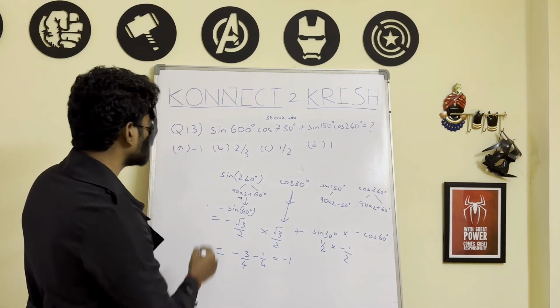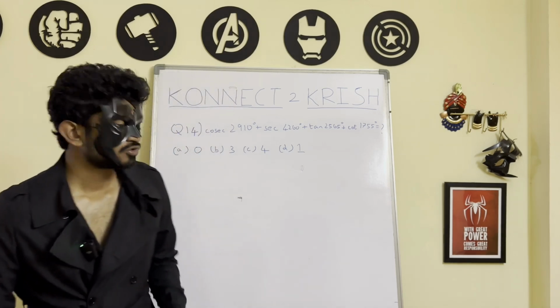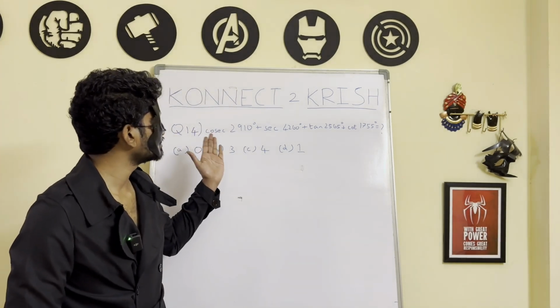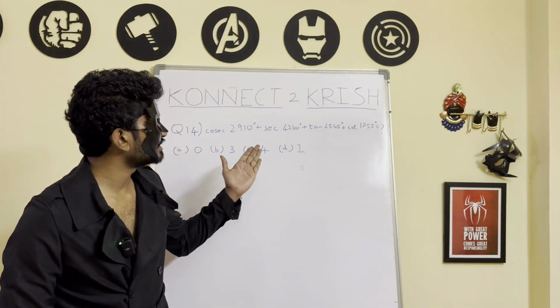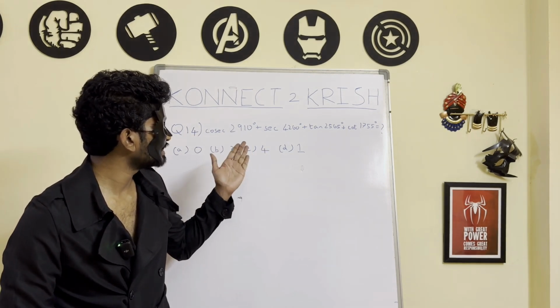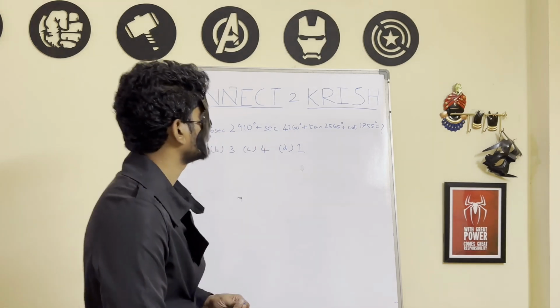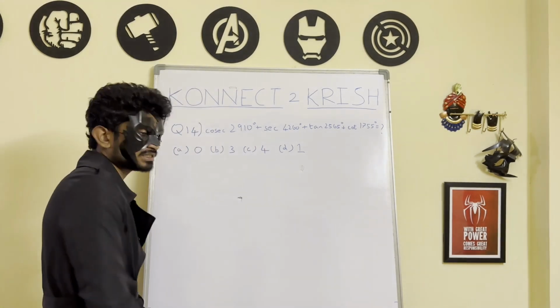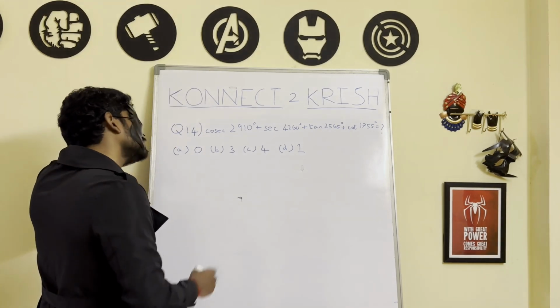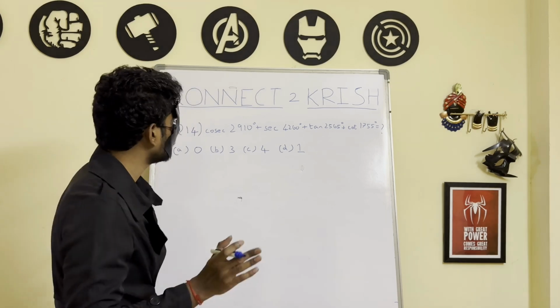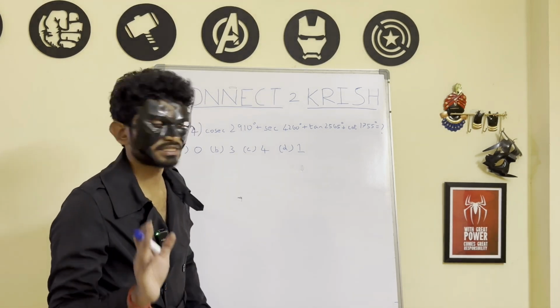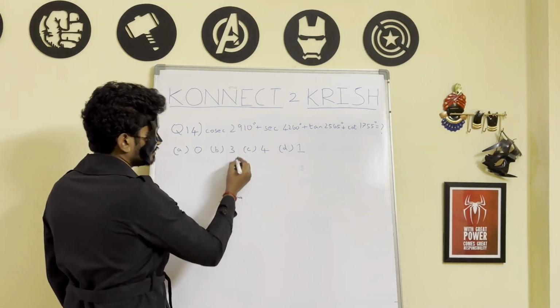So answer A is right. Superhumans, next question is cosecant 2910 degrees plus secant 4260 degrees plus tan 2565 degrees plus cot 1755 degrees is asked. So how will you solve this? I already told you to memorize the 360 degree table. So I know that this is nothing but